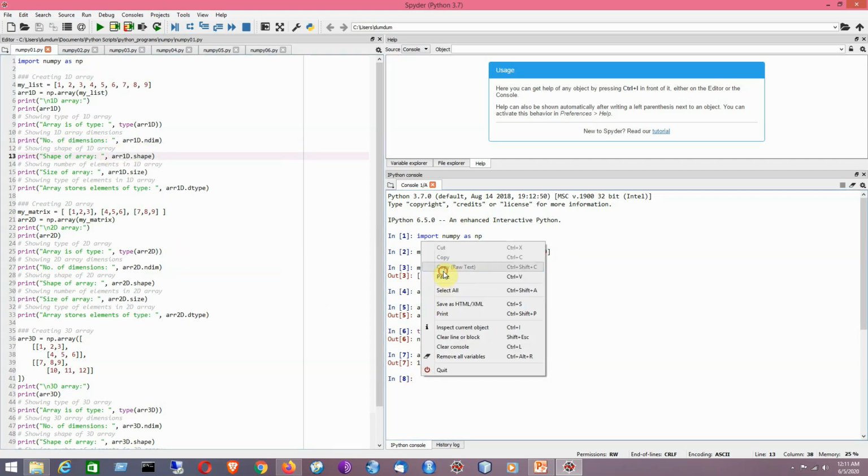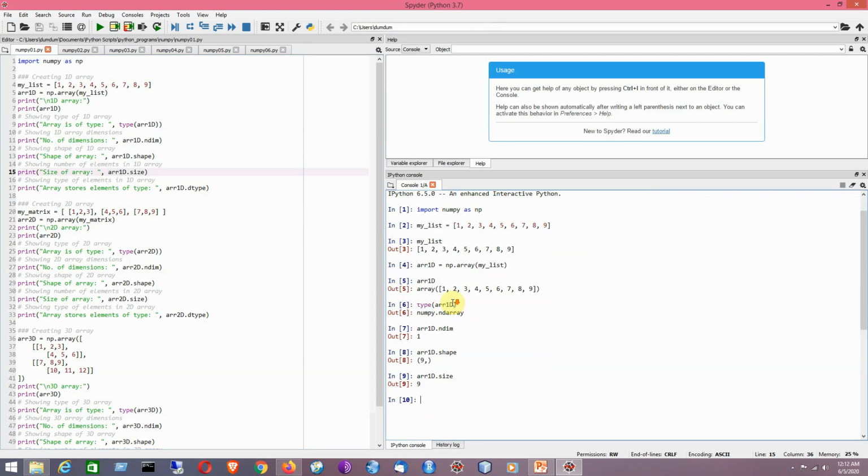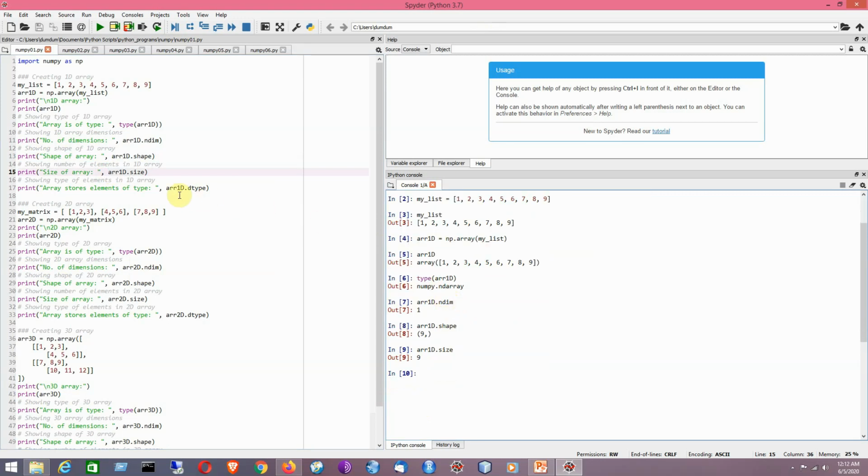So basically all of the operations are being performed here. It's a one dimensional array. It is having only one row which contains 9 elements, that are shown in the output. So it is the shape. Then comes the size. So the size is 9, that is there are 9 elements.